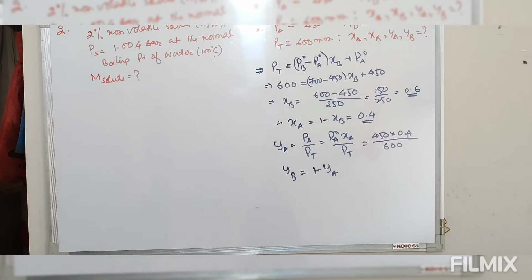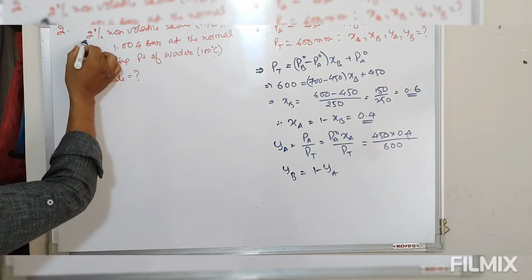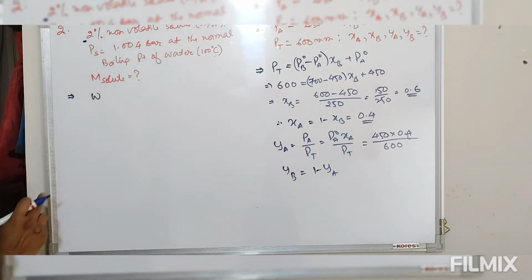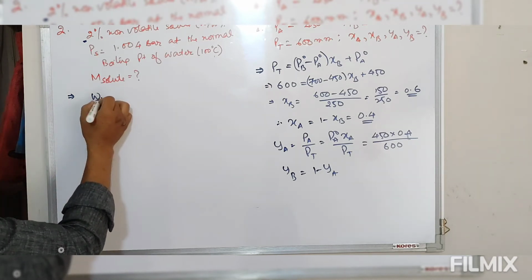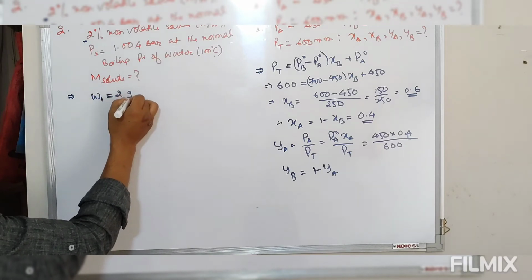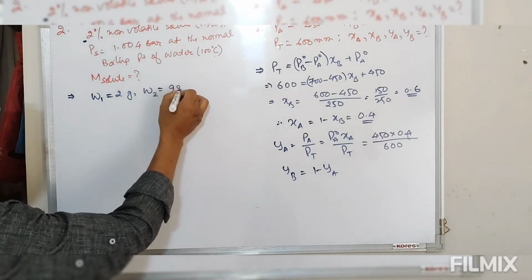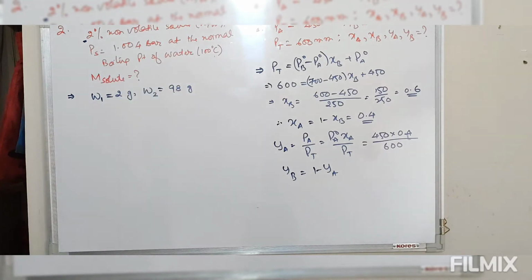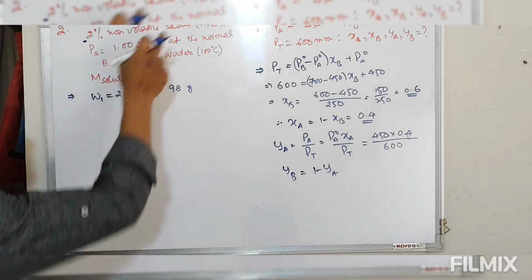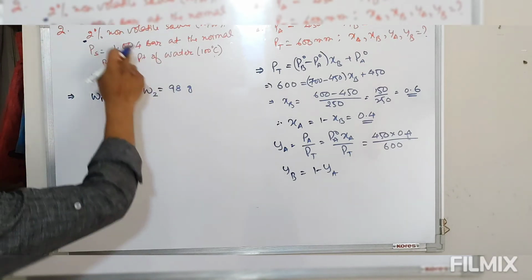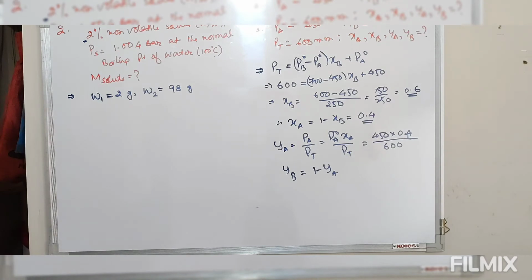Now first thing, look at this, 2%. So I represent the solute by 2 and the solvent by 1. So the mass of solute is given as 2 gram. Then the mass of solvent, that is water, comes out to be 98 gram. This is given because percentage means the total mass of the solution should be 100 grams. So out of this 100 gram, 2 gram is for the non-volatile solid and the remaining 98 gram is for the volatile component, that is water.